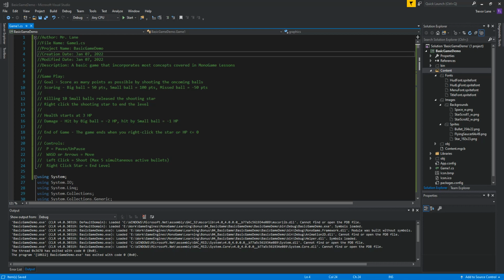The big component is I wanted to put an instructions page on there, and I just didn't have a chance to. And the second one is sound. I really, really want to get sound in here. Again, that involves me finding the sounds, editing the sounds, and making sure that they're playing at the right time, as well as explosions, so when things are destroyed. Those are the major things that I'd like to put in here, and I will when I get a chance. But for now, this covers the basics, and the reason why I chose to do this one is because